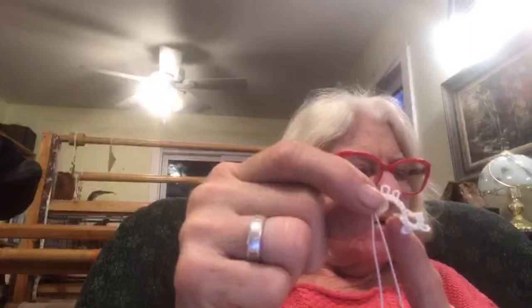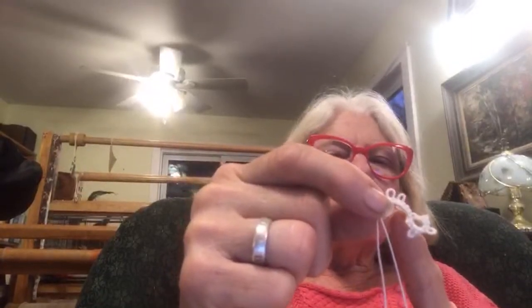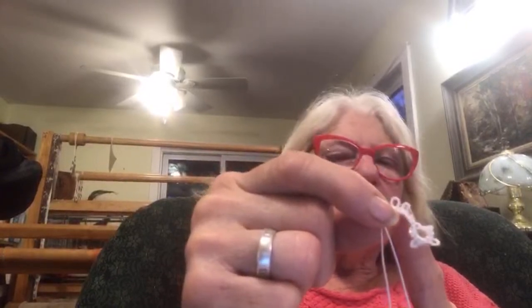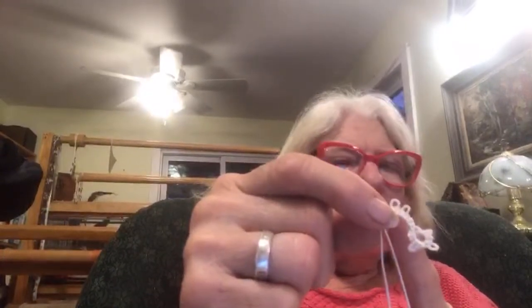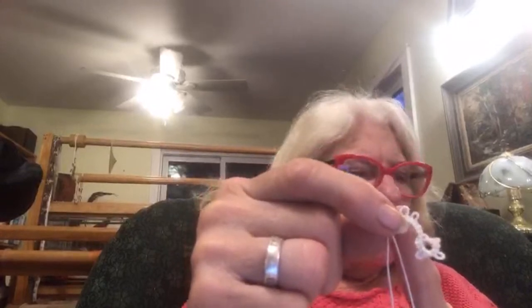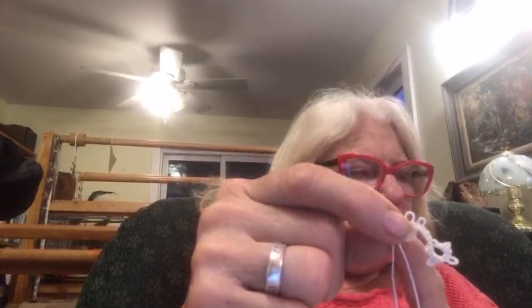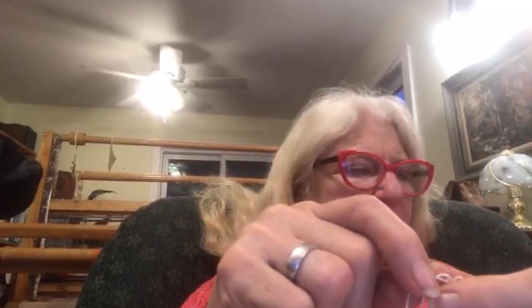Close the ring, reverse the work, chain 3 double stitches, picot, 1 double stitch, large picot, 1 double stitch, picot, and now I need 3 double stitches, and then reverse work. So 3 double stitches. Just wait till you're using 2 of these. 3 double stitches, so